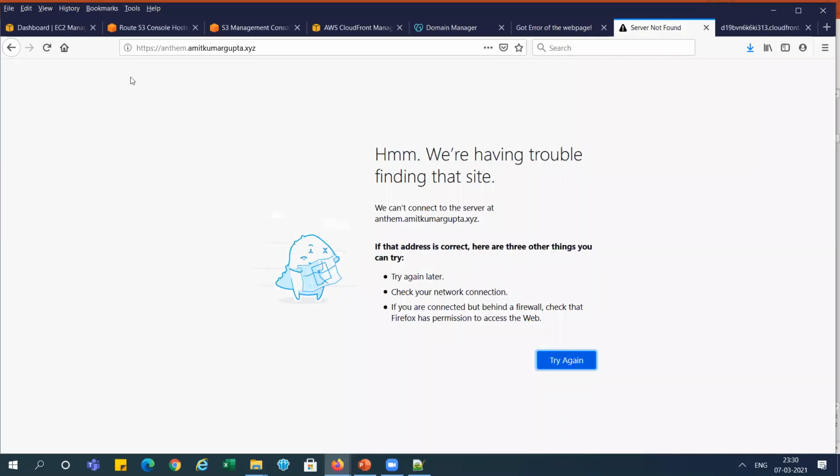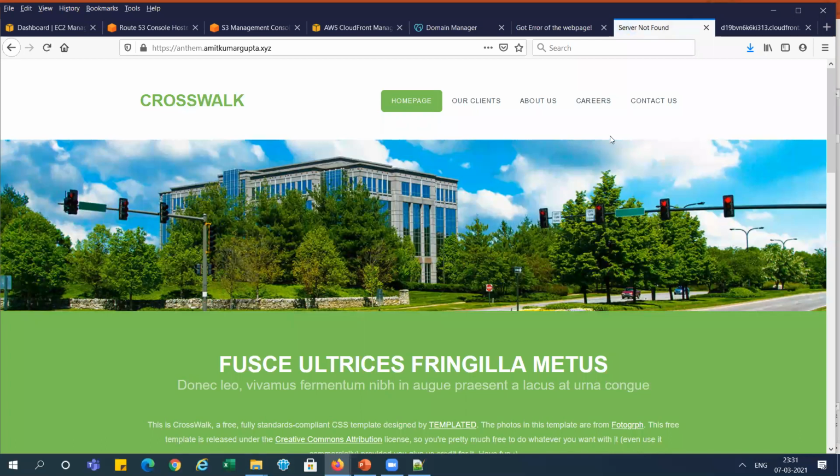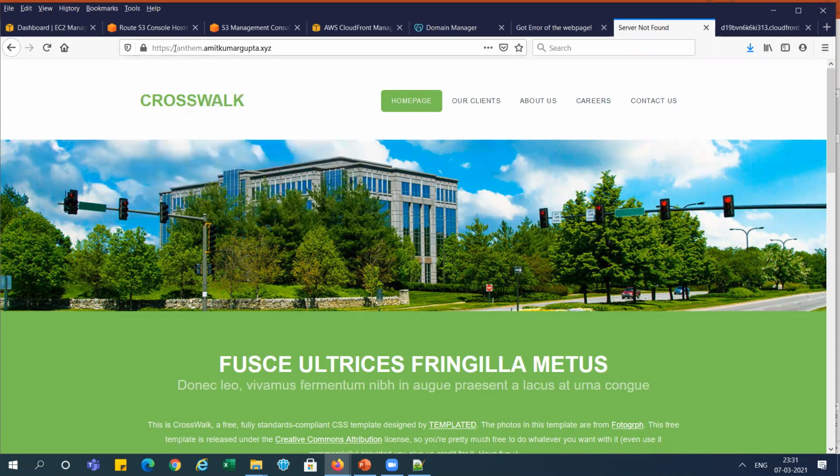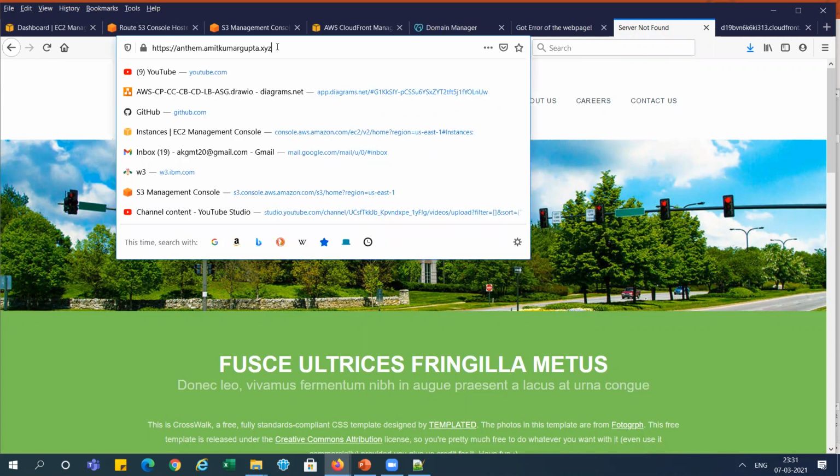You can see earlier I think we have tried it. It is still not showing. So I'm just clicking on try again, right? And you can see now the website is working with our secure site, connection secure, with the certificate and our domain name which we want. Similarly, as per your requirement, you can map the domain as per your domain name and the subdomain name, right?